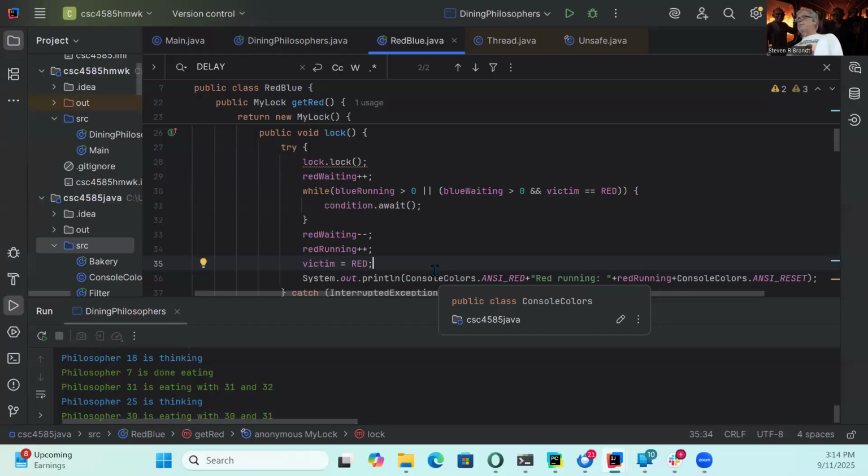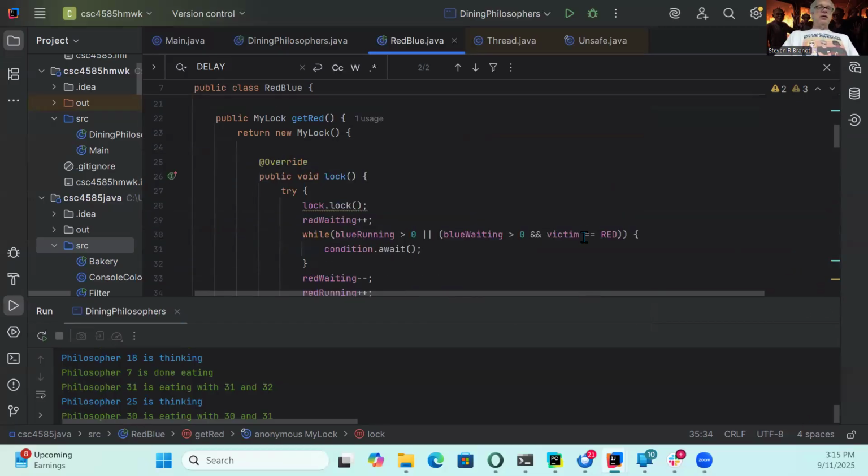Now, there's probably a billion different ways you could have coded this same thing. This is just the way I chose. This is not the way. This is an example that works. Okay. But I thought it was kind of nice to do it this way because we already had a concept of a victim that we'd been working with. And I think it enhances the fairness a little bit. So if the first time a thread goes through is blue, then the next time a thread goes through, it's automatically going to get priority, right? Even if that lock had been released. And so it's got kind of a nice fairness built into it.